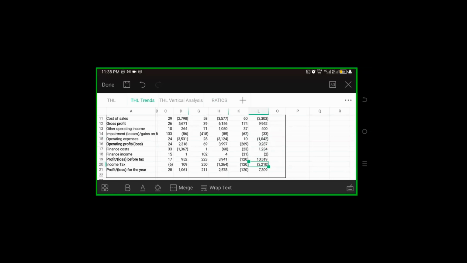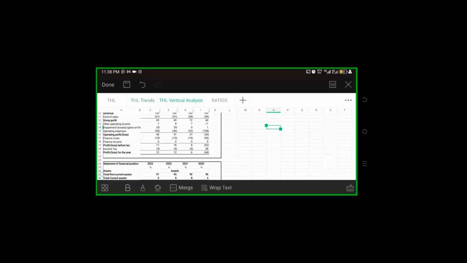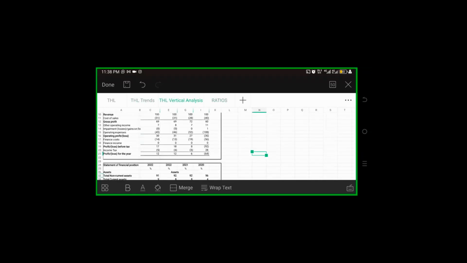If you see the income tax, it's a positive figure there, while for the other years, they are negative. So my assumption is that it was because they made a loss. I think that may be a kind of relief, because they are not going to pay tax when they are making a loss. That's the basic rule. Exactly, they will not pay tax.